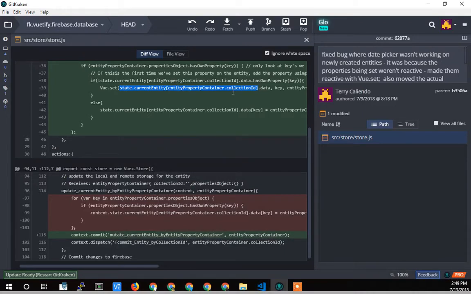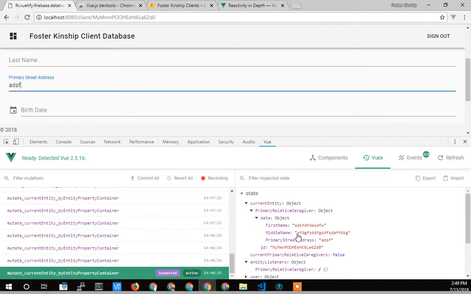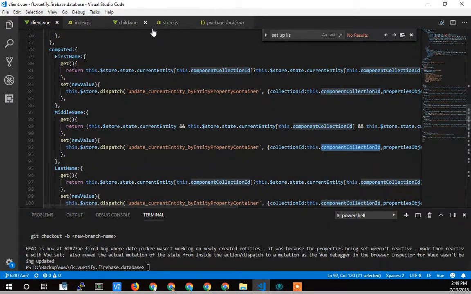So it's current entity primary relative caregiver dot data, and then I added that primary street address, let's say. And so that was new. If it wasn't there before, when it first gets set, that's when I am using the